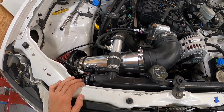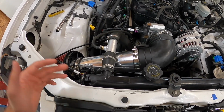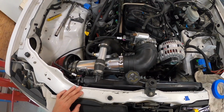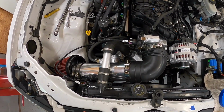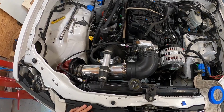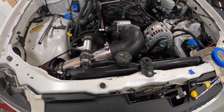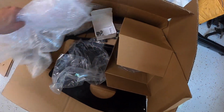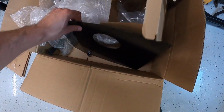But all around, I really can't complain. This intake for $70, well worth it. It's in. It looks pretty clean, like it looks more or less at home in here. It's huge. It's 4 inches, and on top of it, the bonus is they give you the heat shield as well, which fits